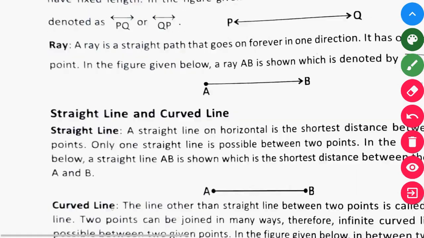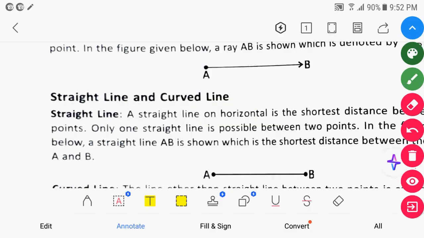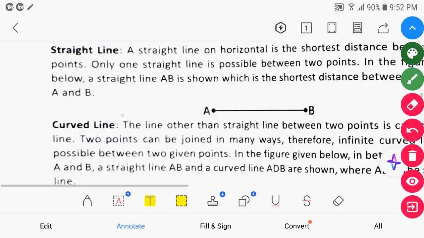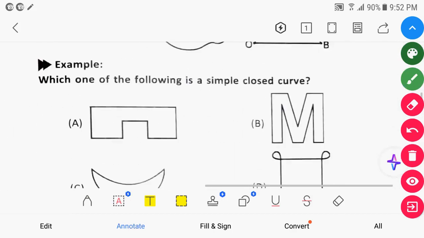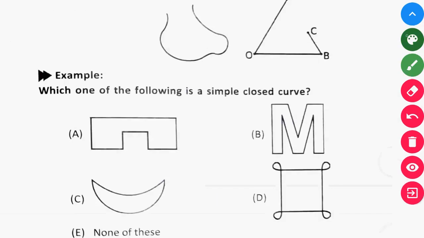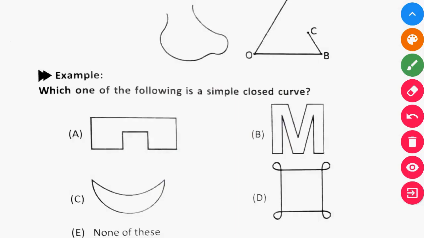Okay, now straight line, curve line, you know that. You can identify what is meant by straight line and what is meant by curve line. No need to explain it. Okay, then we saw the closed figure and open figure also. Now we will see some examples based on this topic. Okay, so till now we have learned different kinds of shapes. We classify the shapes into two categories. By one category, the shapes are of two types: